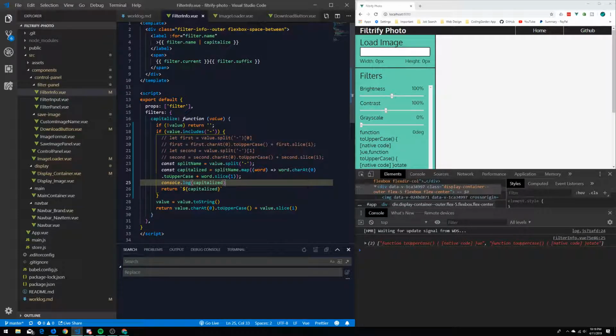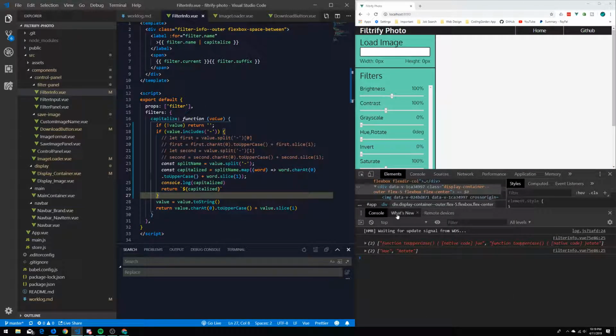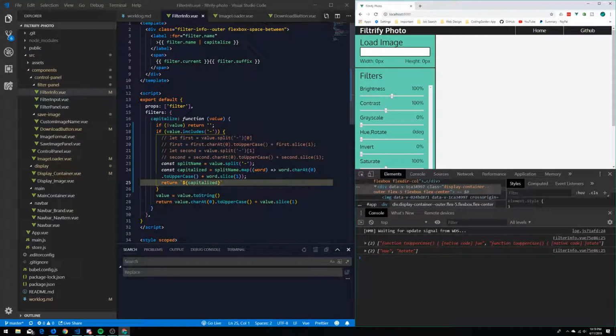Okay, so capitalized equals split name dot map, for each word, that plus word dot slice. Oh, and that's okay. Good call. So we need to make sure we invoke our toUpperCase. Okay, cool. Thank you so much for that. Okay, back on track. So now that we are returning the capitalized variable, just like that, we need to just say capitalized